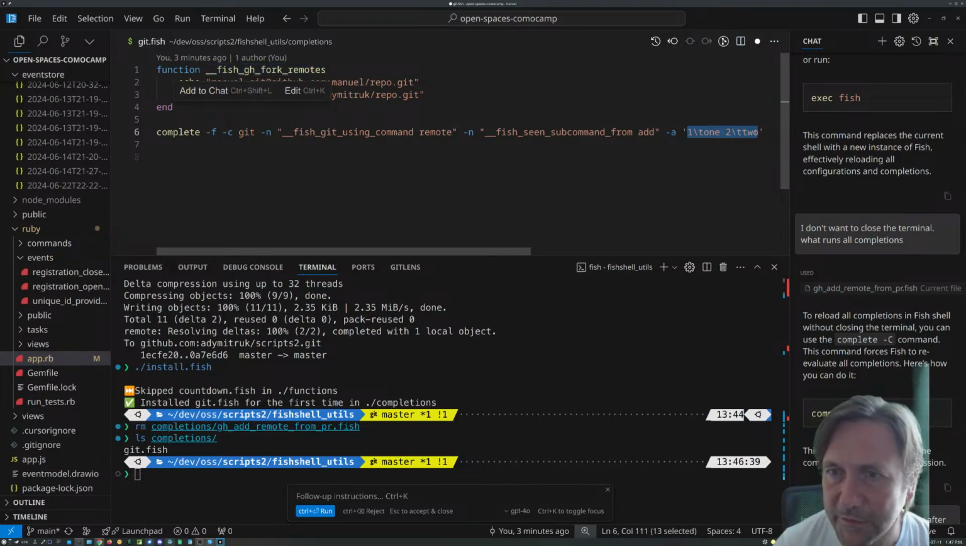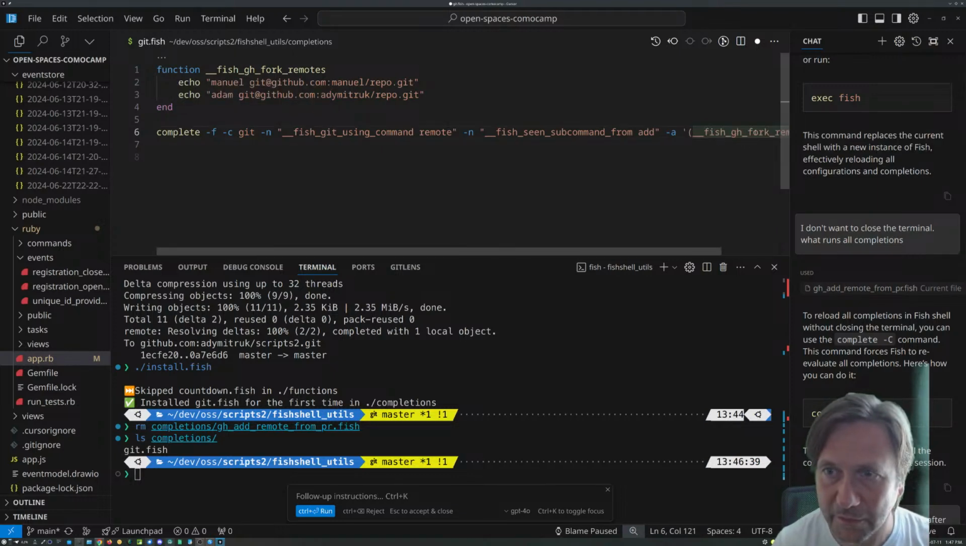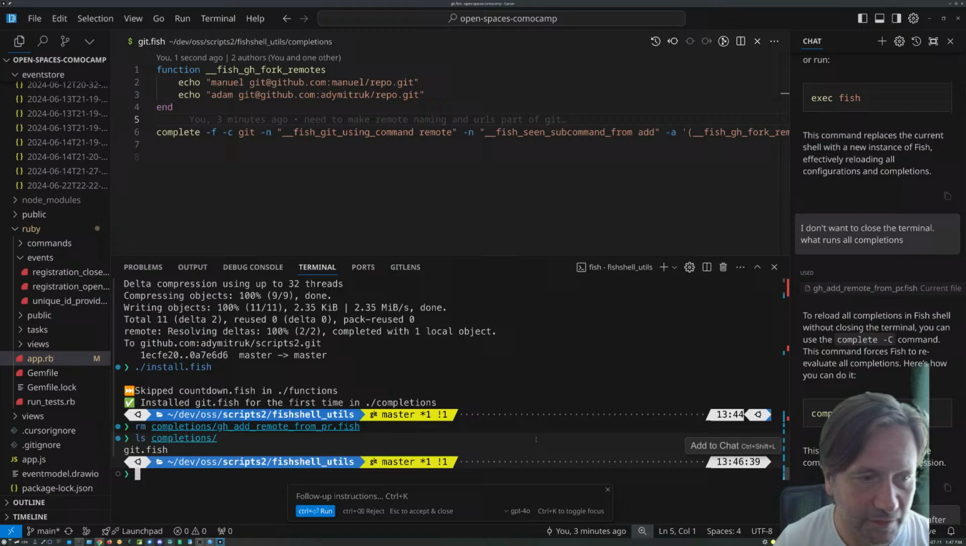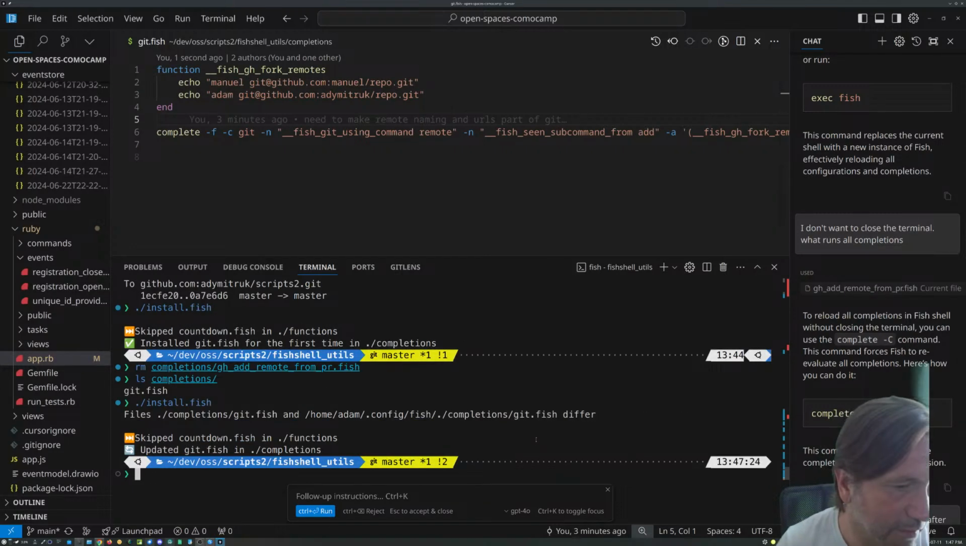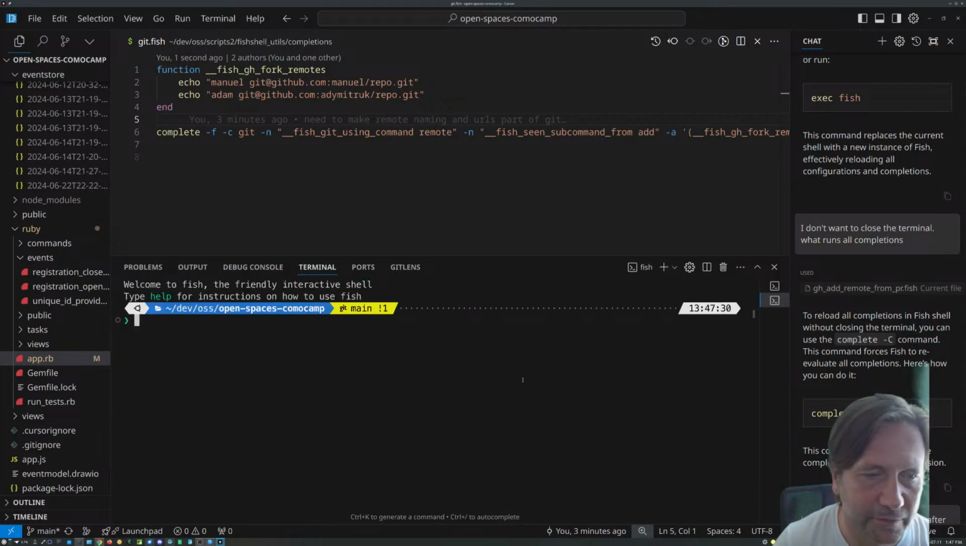And substitute that here. And okay, good. AI is doing its thing. Save that. And then, of course, we want to install these. So it updated that. Again, we need to add a new terminal to test it, so it loads all those things from scratch. So git remote and then add. It should give me,